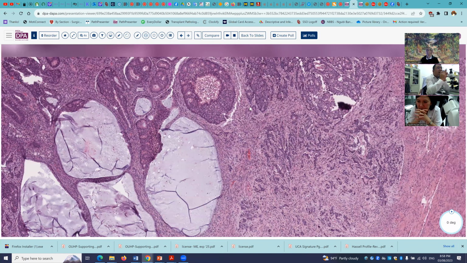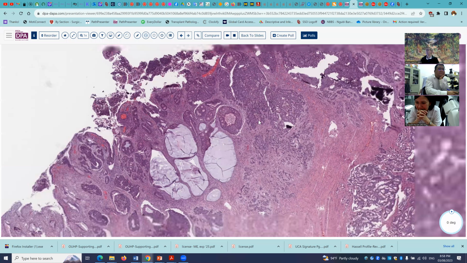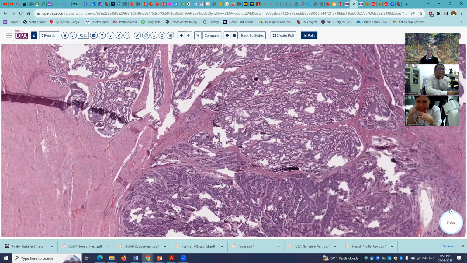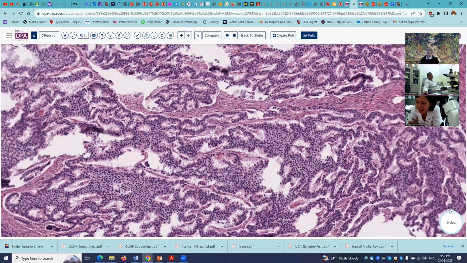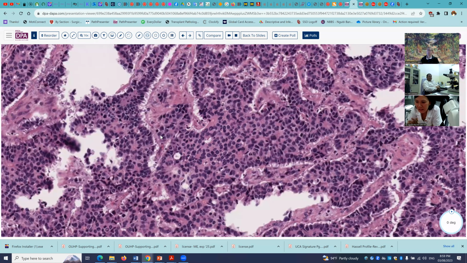So this again may be a mixed neuroendocrine and non-neuroendocrine type of carcinoma in the cervix,